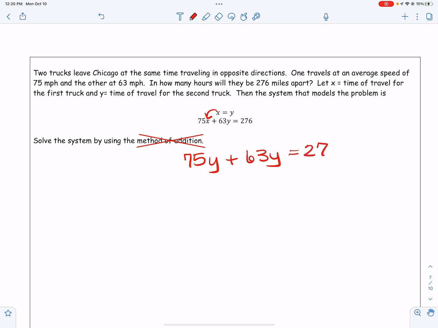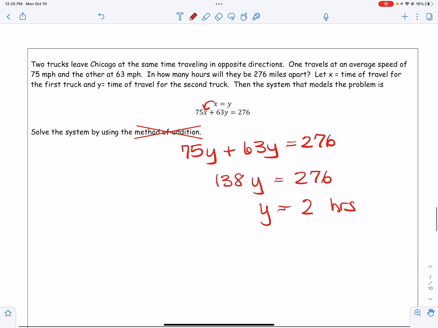And so now I get 63 plus 75, I get 138y is equal to 276. And then when I divide by 138, I get y is 2 hours, which is the same time that they